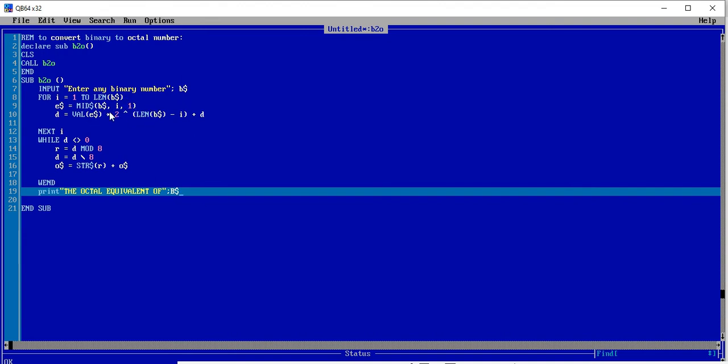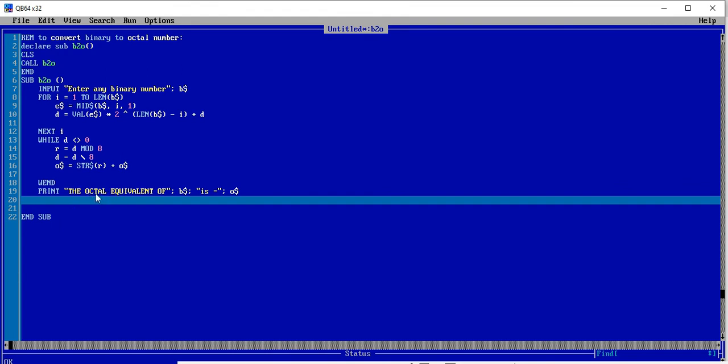Not processed, so we can use the B$ here, and let's connect this: octal equivalent of B$ is, equal to, and our final result is stored in O$. This will be the final print result.